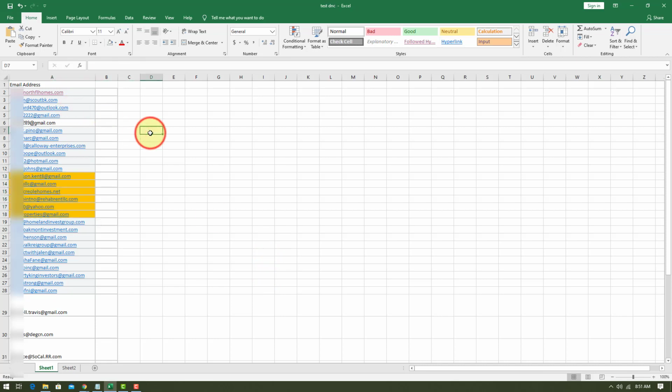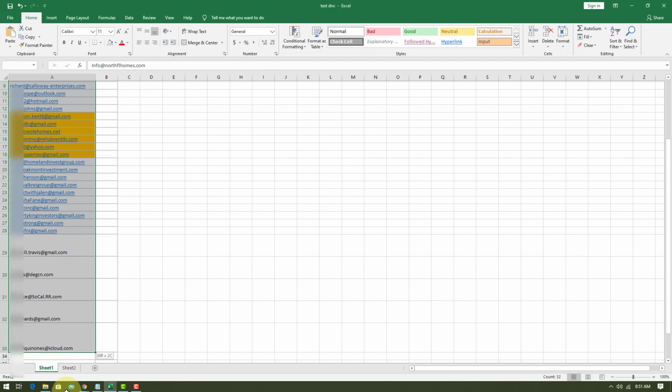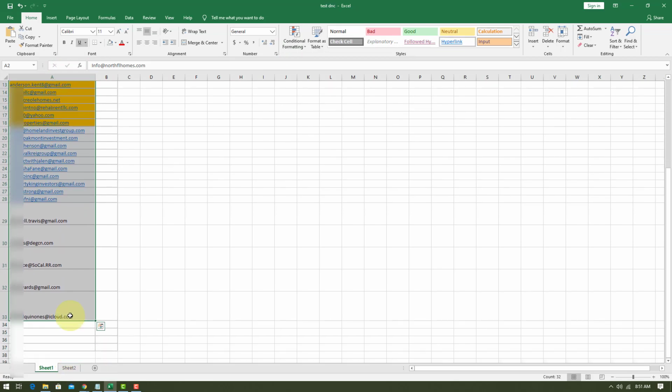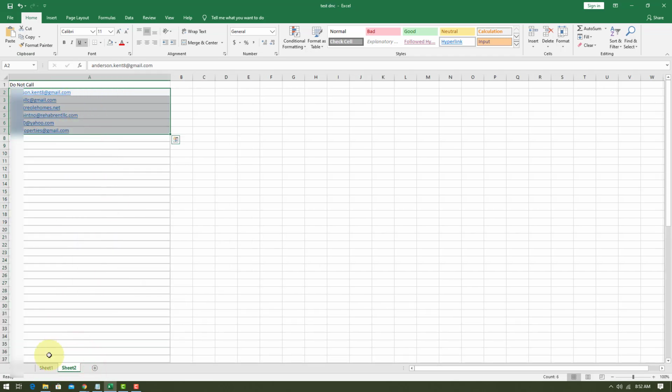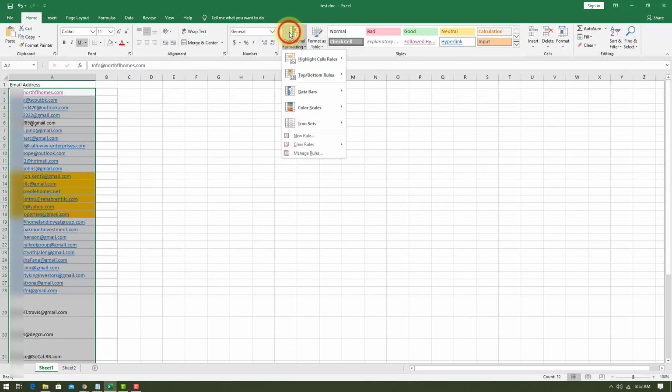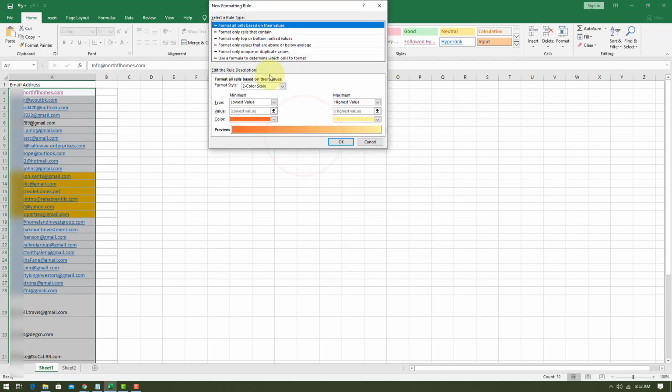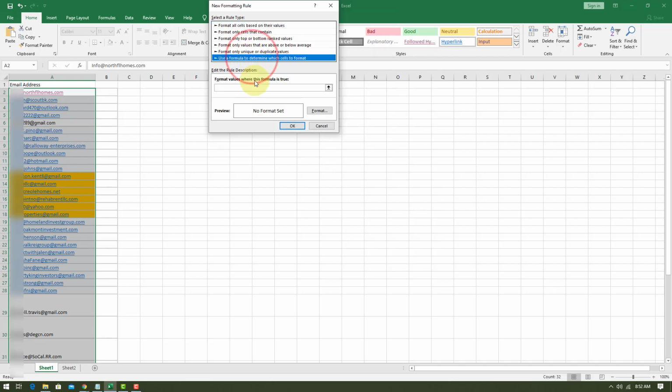Number one is by going to the conditional formatting. Now the first rule about conditional formatting is that we always highlight the column wherein we would like to do a search. So we're going to search for duplicates on these particular email addresses, and the duplicates are found here on the do not call. Now what we're going to do is go to conditional formatting, new rule, then select use a formula to determine which cells to format. Then we're going to input equals COUNTIF,